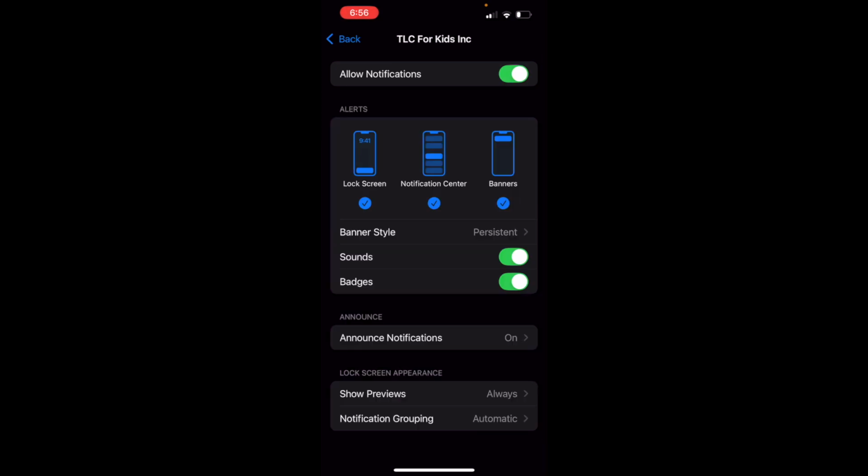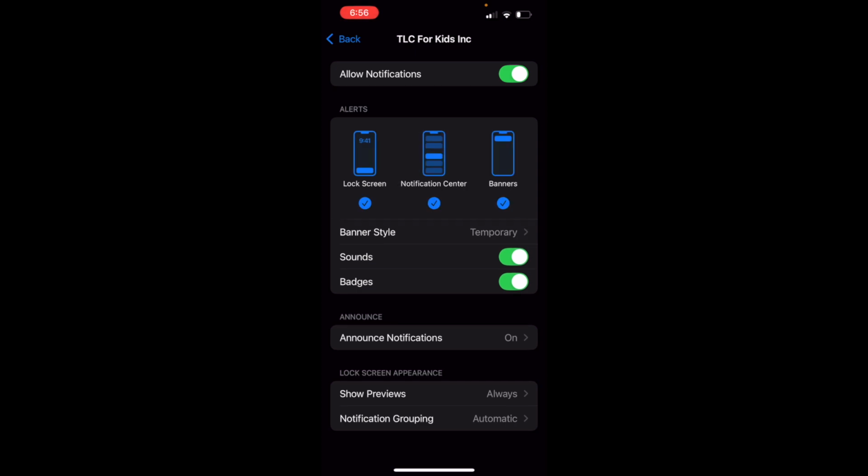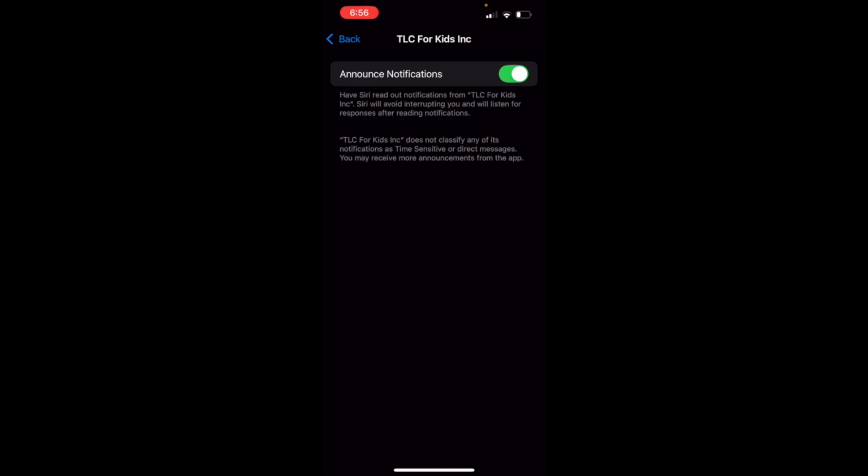Once there, you want to make sure that you allow all notifications. You want to make sure that the lock screen, notification center, and banners are on. Your banner style, you're going to want to have persistent. You're going to want your sounds on, your badges on, and you're going to want to make sure that you